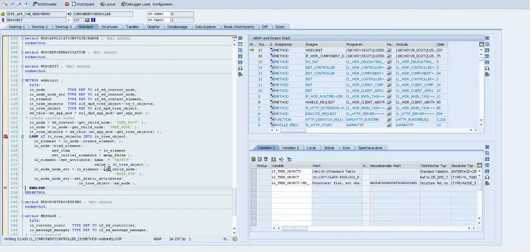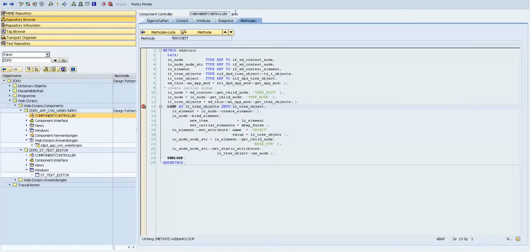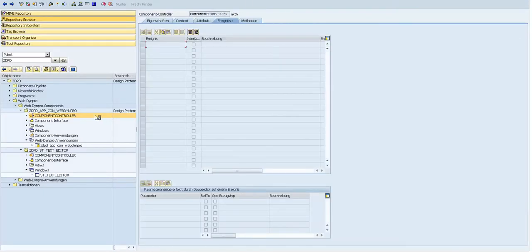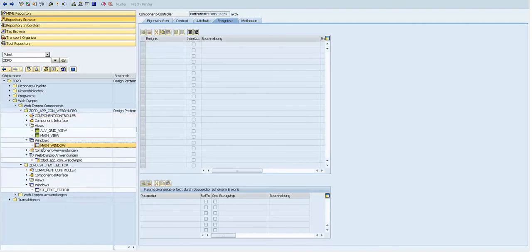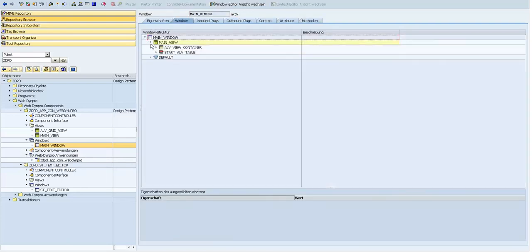Okay, let's go back, and now we can go into the window. Into the window we see how the navigation is created, and we can see that we have the main view. If we go to the main view,